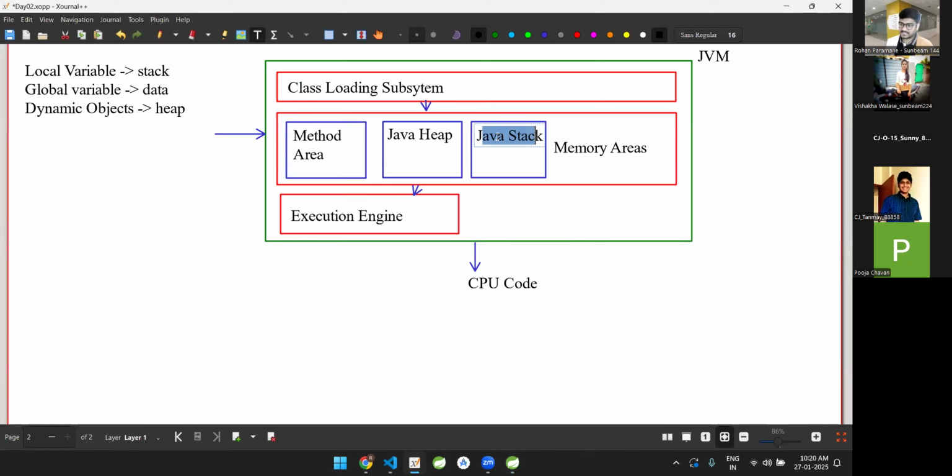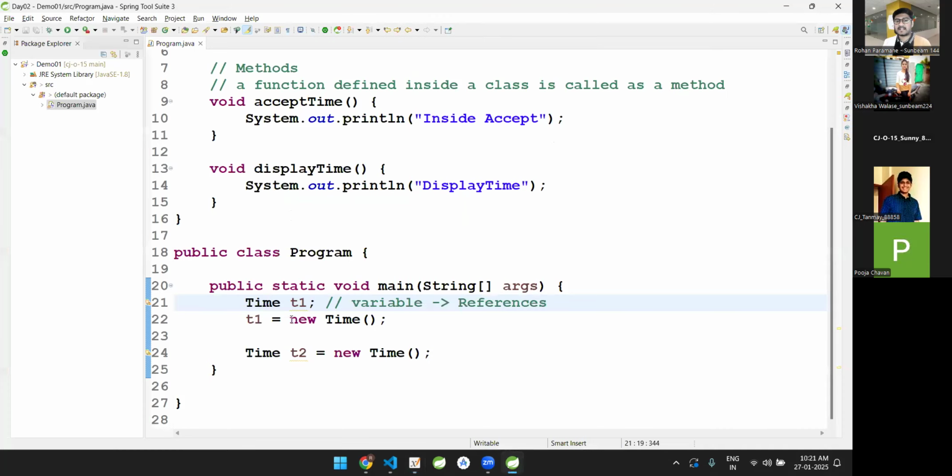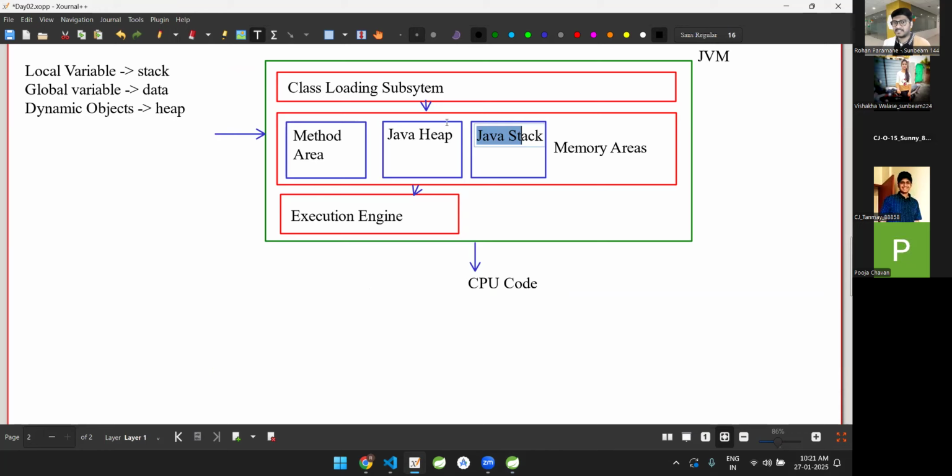वो स्टैक के ऊपर रखे जाएंगे। Just as we talked about all the local variables are kept onto the stack, वैसे ही जावा भी वही काम करता है, लोकल वेरिएबल्स को it will keep on to the Java stack. And if there are any objects that are created by using new, अगर आप new कीवर्ड से डायनामिक ऑब्जेक्ट्स को अगर आप क्रिएट करते हो, so all those dynamic memory is going to be allocated on to the Java heap. तो उसको जावा हीप सेक्शन के अंदर मेमोरी वो एलोकेट करेगी।